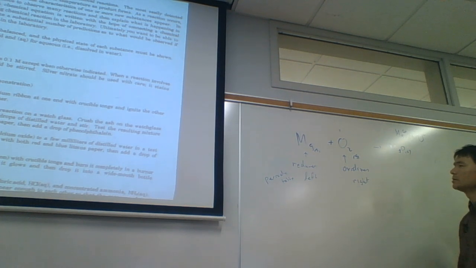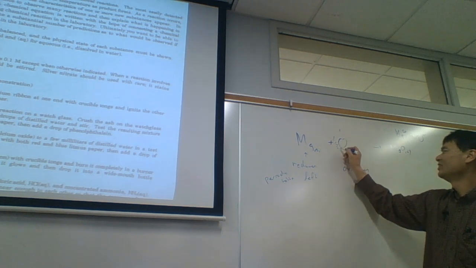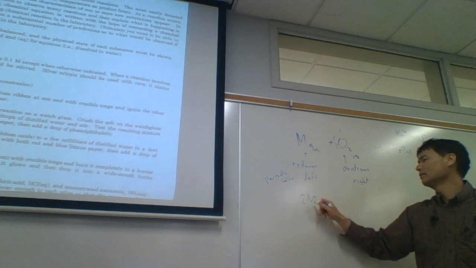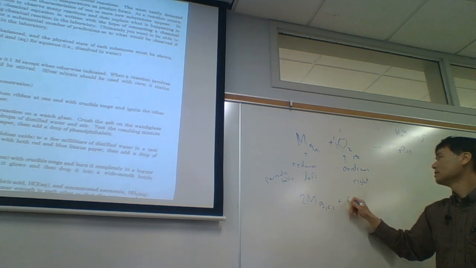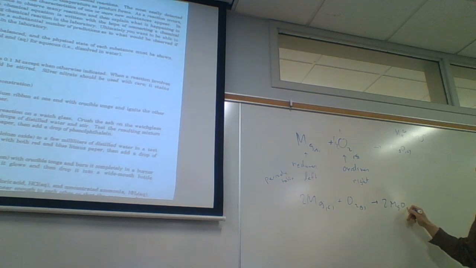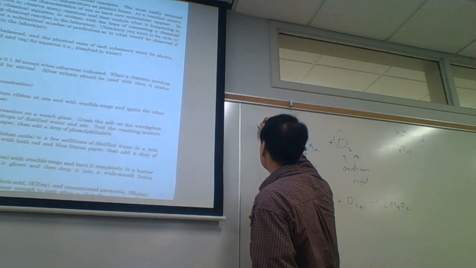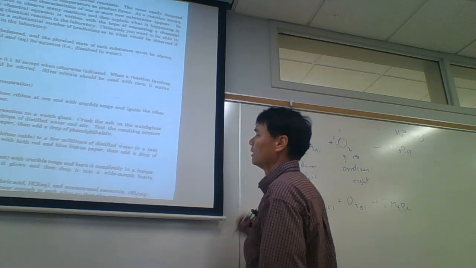MgO is a solid. O2 is a gas. It looks like to balance this, we'll need 1/2 O2. Or we could just double everything. We go 2 magnesium solids plus an O2 gas yields 2 MgO solids. So this is the formation of 1 mole of magnesium oxide. This would be the formation of 2 moles of magnesium oxide, according to the equation, the ratios that we need. So, excuse me, this is an element plus element redox. And so it's a combination